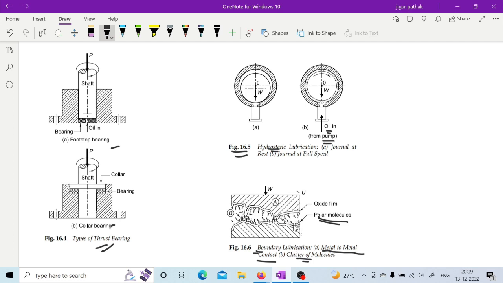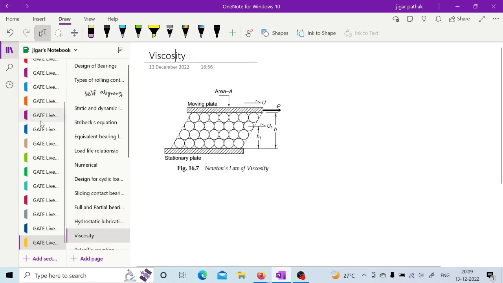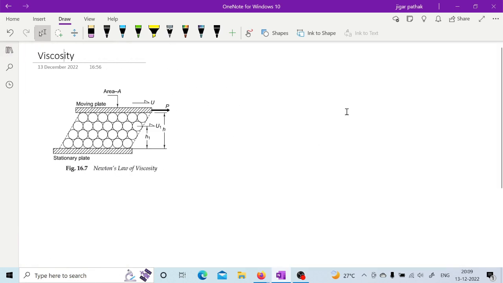So this is how you can have that boundary lubrication. But in that case, as you can see, somewhere this metal to metal contact will be there, right? So now, in case of understanding this sliding contact bearing, as there is a lubricant film generated between that journal and that bearing